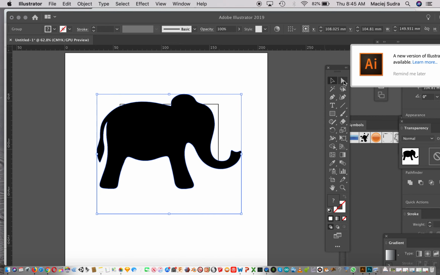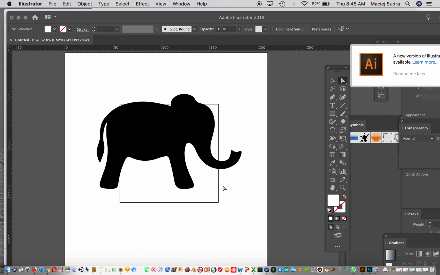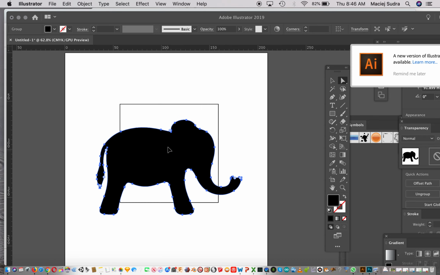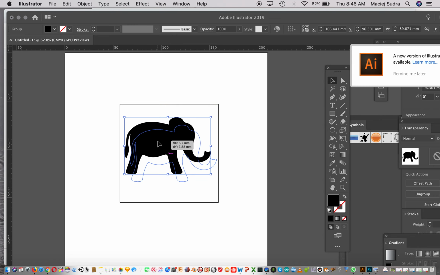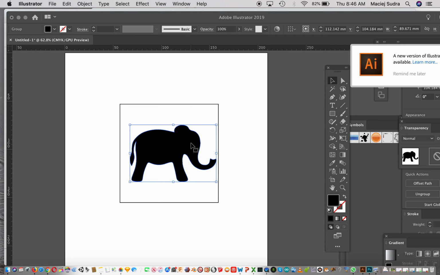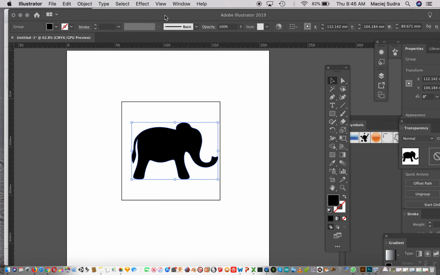But I think there's some white below here. Yeah, let me delete that white. So now I just have my elephant over here. If I were to put this on the laser cutter, this would all be engraved, the black area, you just get a big engraving. But what I want is for it to be cut out, because I want this to be, let's say,